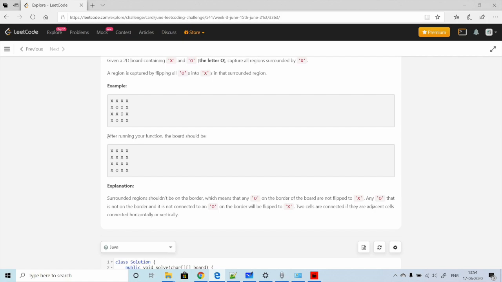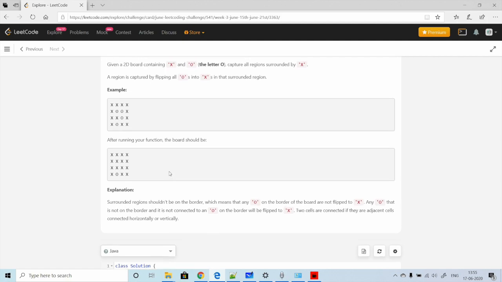What it says is, if this O is linked to some other O's which are inside, next to the edge, those also should not be flipped to X. We only want to flip those O's which are not exposed to the outer side. If there are other O's connected to the edge, we need to keep them as is.